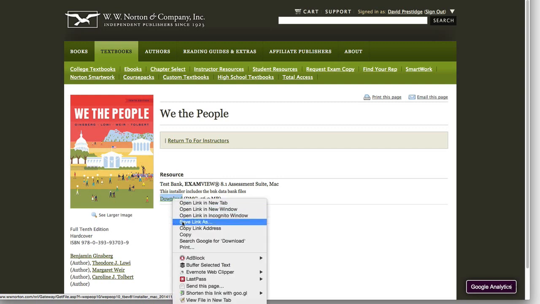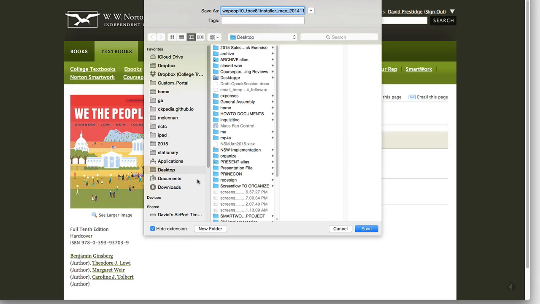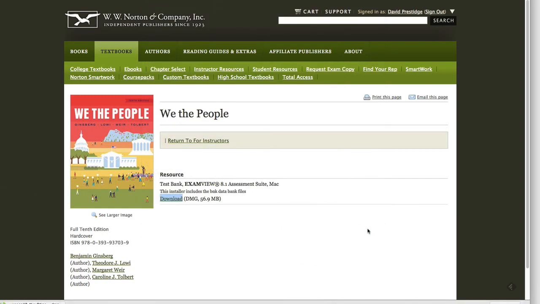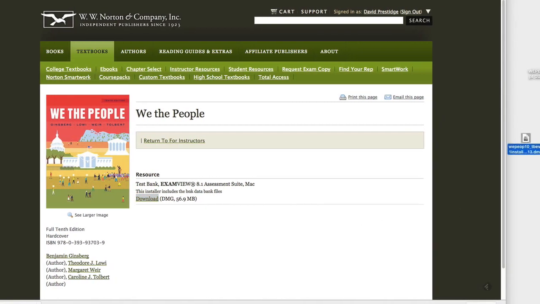I can right-click it if I want to save it to my desktop. You can do this on a PC as well. And this will just allow you to place it in a location where you can easily find it later. It is about a 56 megabyte file, downloads very, very quickly, and it's already done. So I'm going to go ahead now and just move over here so you can see the file